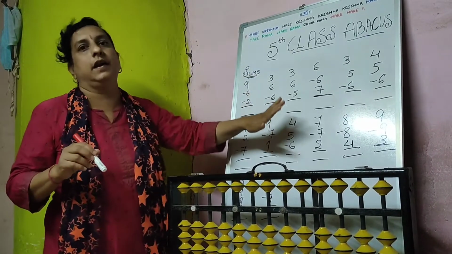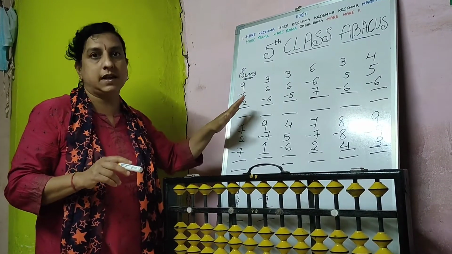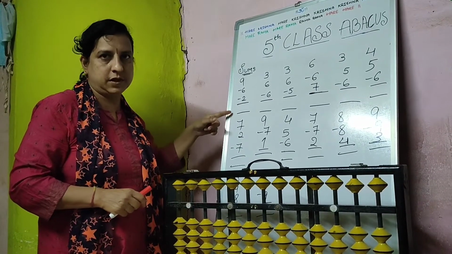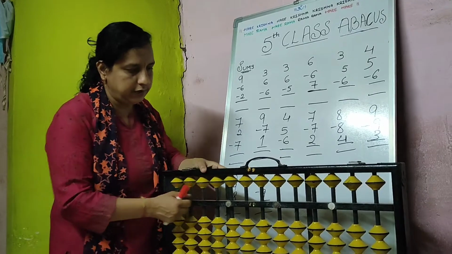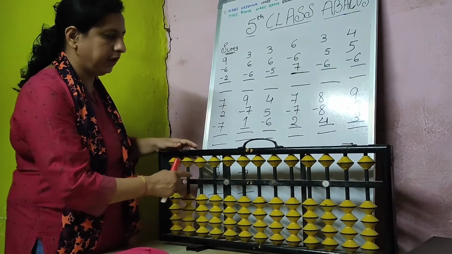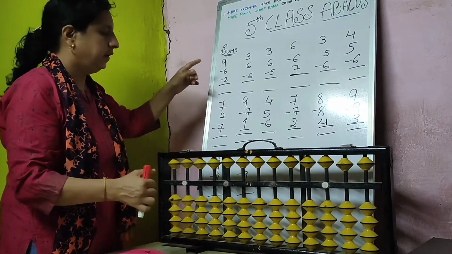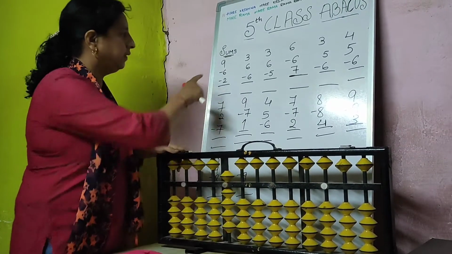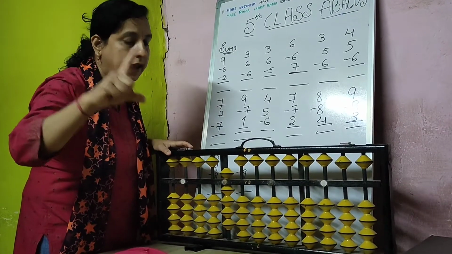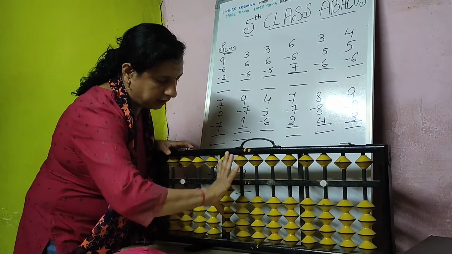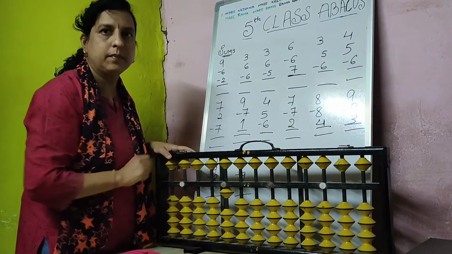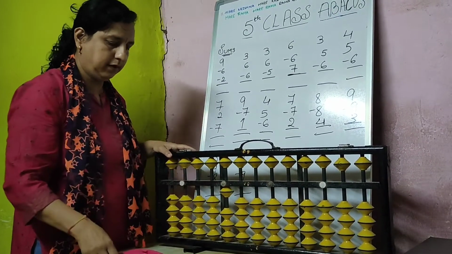On that basis some sums are there. We'll solve it. Okay. We'll see. 9 minus 6 minus 2. For first sum, how to do this? First clean your abacus in the center rod. Center rod here or anywhere in the unit point you can do that. 9. Next number is -6. How to do -6? 1 upper bit, 1 lower bit you have to cancel. Like this. Then -2. What is my answer? 1.